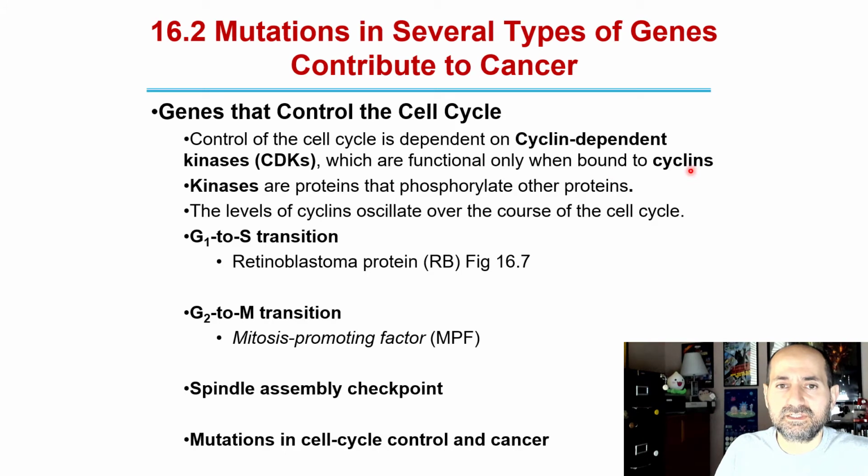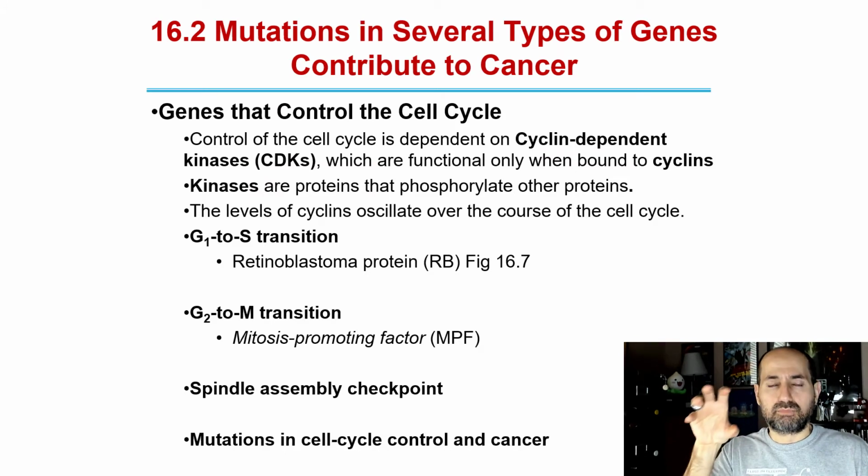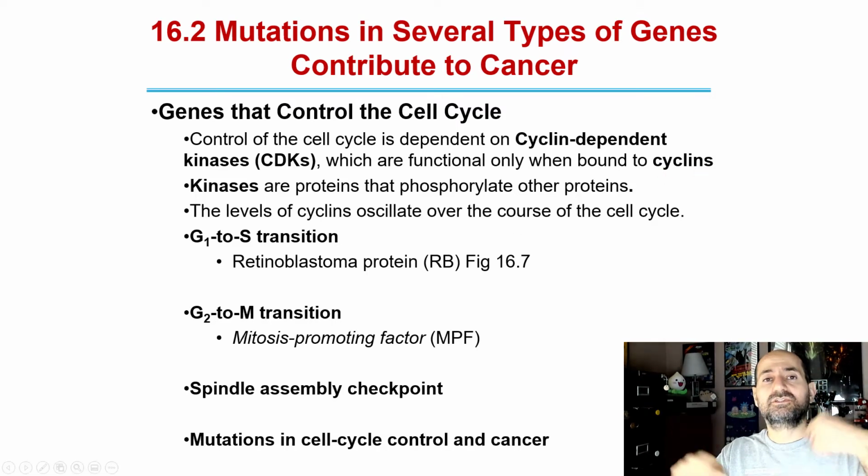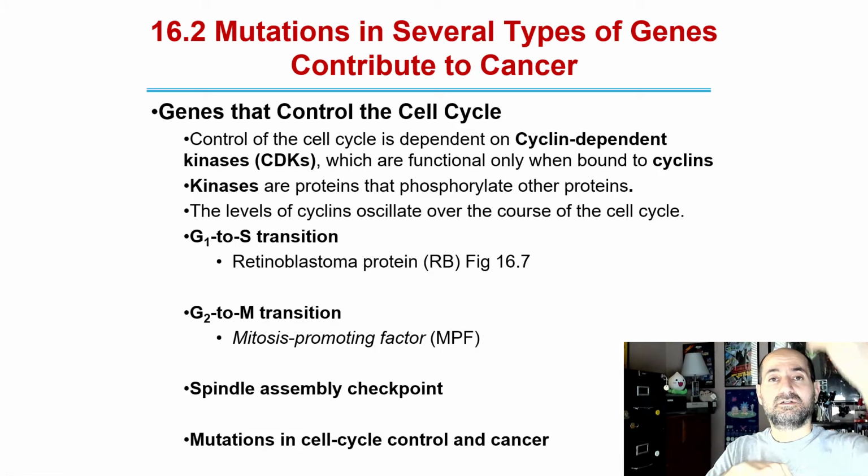So think about it like this. There are the cyclin-dependent kinases. These are proteins that play a role in the cell cycle, but they're only active when these other proteins called cyclins are around. And the cyclins, just like their name suggests, are only available at different parts of